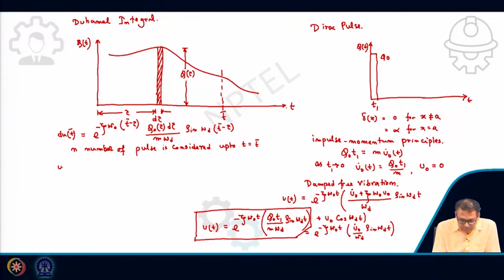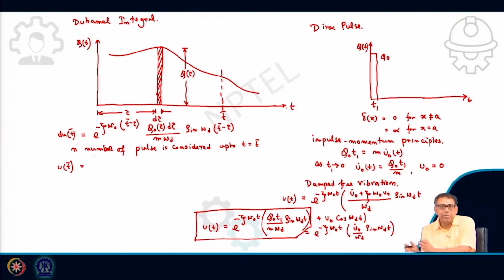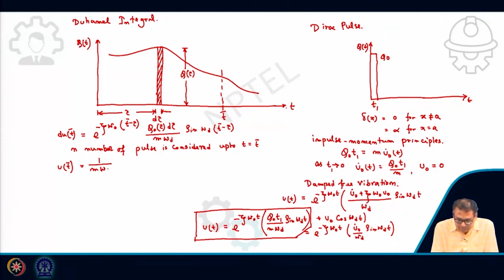So I will get u(t bar) that will be equal to, now we have to sum that n number of responses, so that will be 1 by m omega d, then summation of i equal to 1 to n, the n number of pulses we have considered, that will be e to the power minus damping ratio omega 0, then t bar minus tau i,